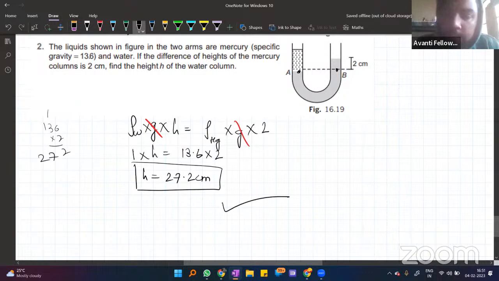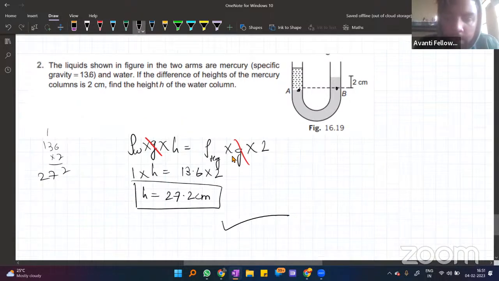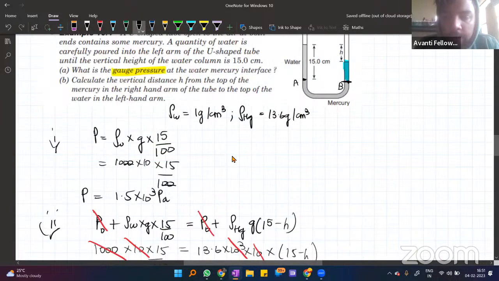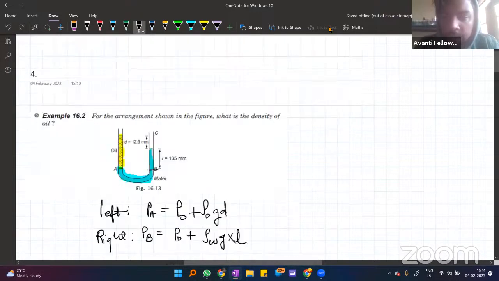So just try some more questions related to this same topic. The U shape, these are very common topics which come a lot in exams. So hopefully it is clear to you all. Meet you guys in the next